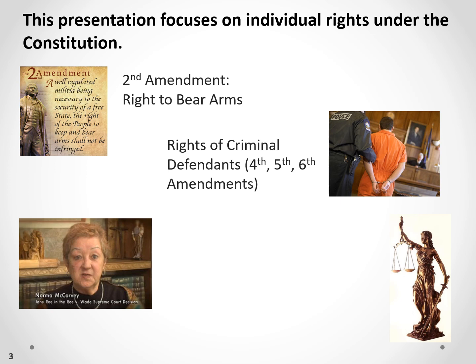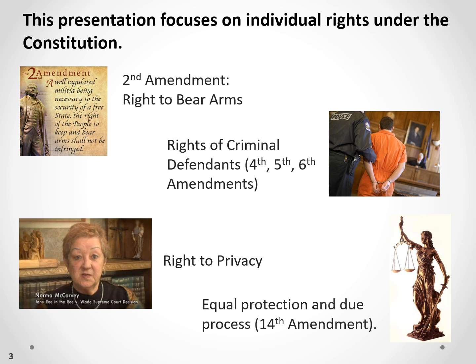So this has to do with the 4th, 5th, and 6th Amendments, limitations on how the federal government can treat criminal defendants. We'll talk about the right to privacy, a right that is not specifically listed in the Bill of Rights. This is something that is actually a creation of the Supreme Court. And then we'll go on and talk about some cases under the 14th Amendment involving the concepts of equal protection and due process. And that will kind of bridge us over into our final lecture next time regarding the issue of civil rights.